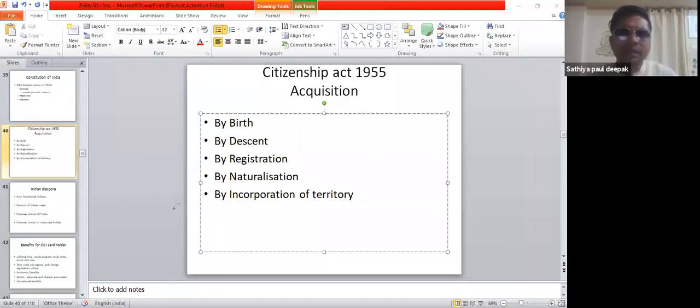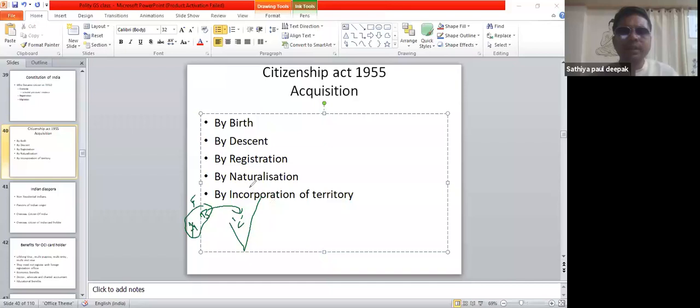Supposing a child is born in India. Whether the child can be given Indian citizenship? Yes. Now, what about the parenthood? Supposing there are two parents, A and B. A and B belong to France. They come to India, and in India, a child C is born. Now, whether this child is eligible for Indian citizenship,